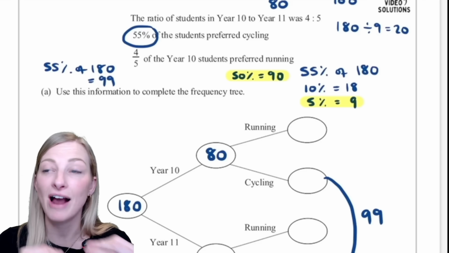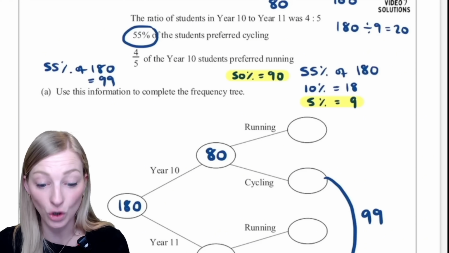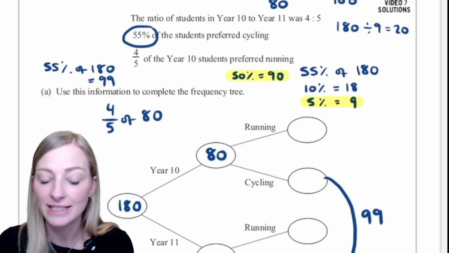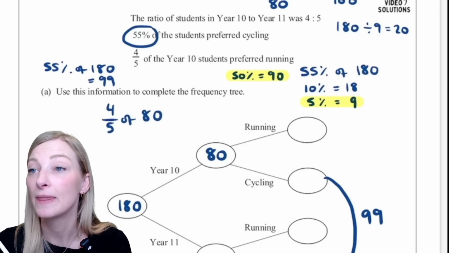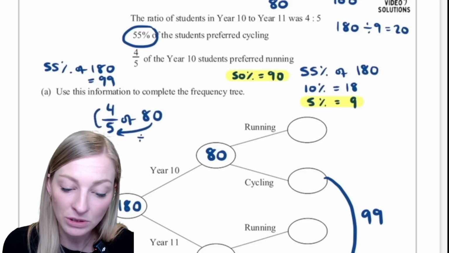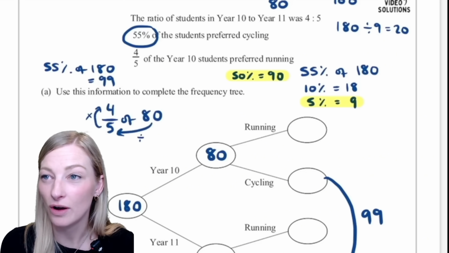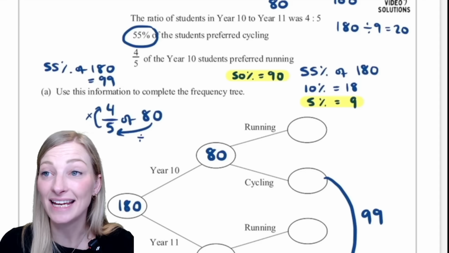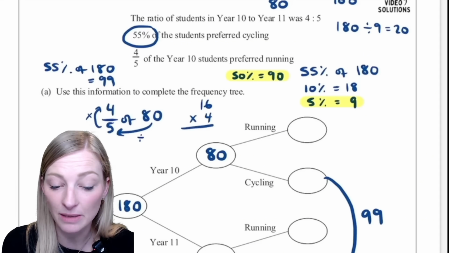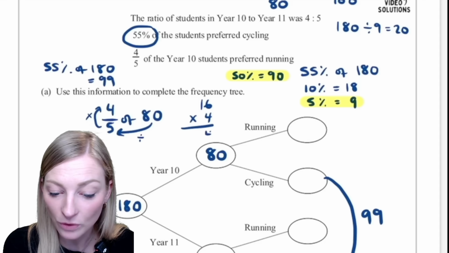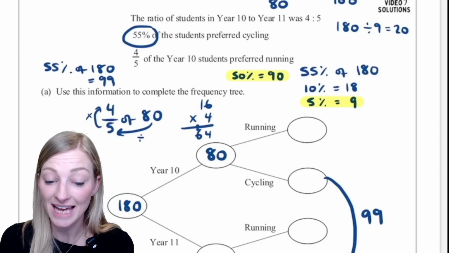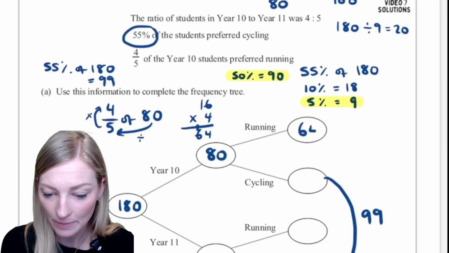And here we're going to see that fraction of amount skill again. 4/5 of the year 10s, there are 80 year 10s, so 4/5 of 80 is going to tell me how many year 10s preferred running. Now to do a fraction of an amount, we divide by the bottom and multiply by the top. 80 divided by 5, how many 5s go into 80 is 16, and then 16 multiplied by 4. When you're multiplying by 4, you can always double it and double it again. 4 times 6 is 24, and 4 times 1 is 4, add the 2 is 6. So I know that 64 of the year 10s preferred running, so let's put that there,